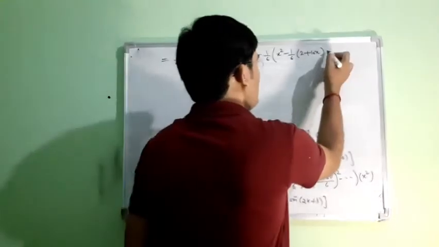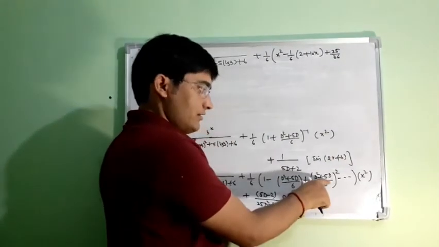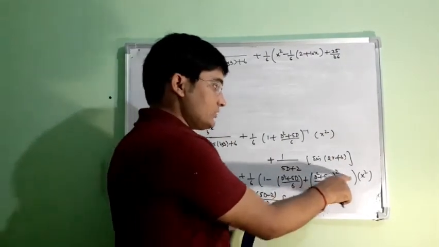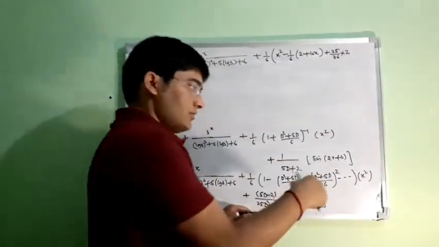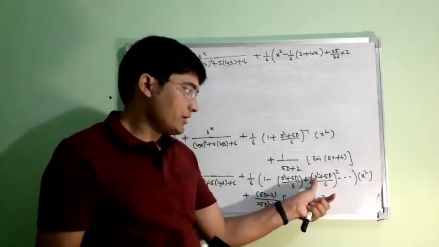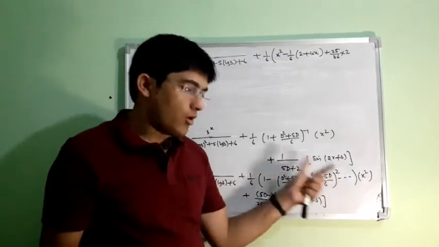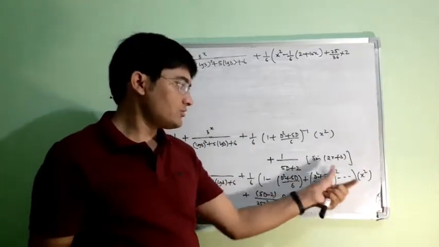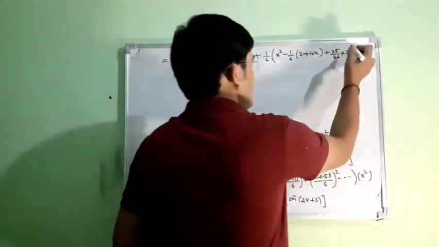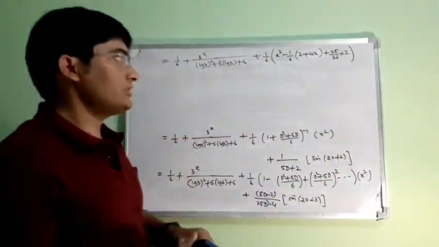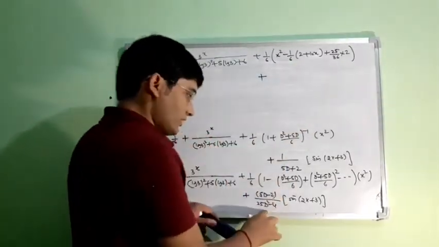So the second term will be 25 upon 36 (a square plus b square), and the D square of x square will be 2, so we will have 2, and then the term 2ab. For the term 2ab we will have D cube, and D cube of x square is 0. And after this term all the next terms will be 0, because the differentiation of x square will be 0. So this series gets terminated here, and now here we will replace our D square by minus a square,